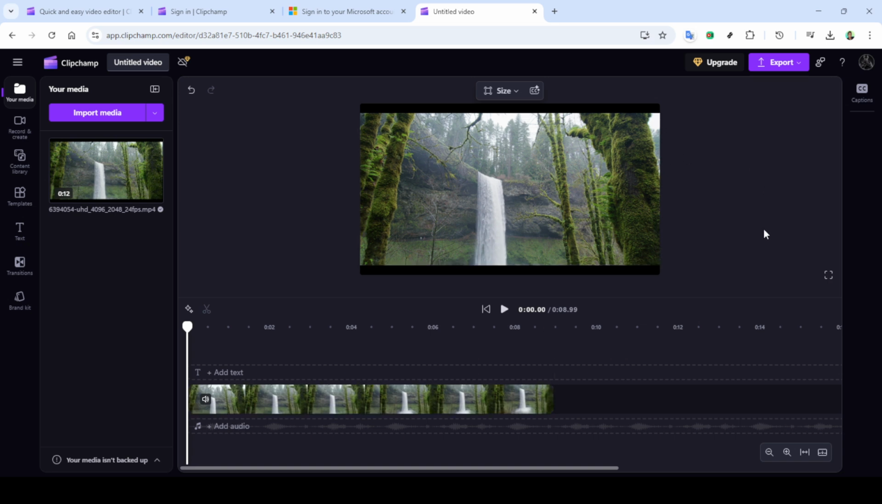And there you have it, your video is split, trimmed and neatly edited. Clipchamp not only offers a straightforward process, but also reinforces a seamless experience with its user-friendly interface. Remember, mastering video editing is all about practice, so feel free to experiment